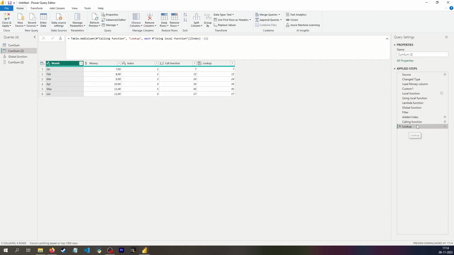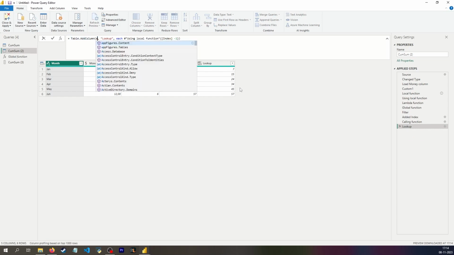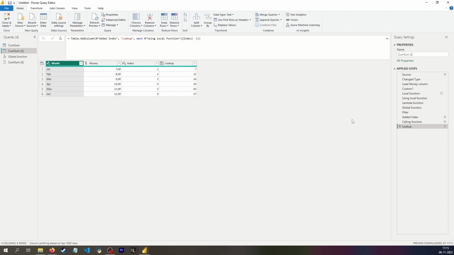But in any case, this is the preferred method, and I don't want to add this new column to the calling function. I want to add that to the added index table because there's no point in calculating the same column twice, meaning that was everything I wanted to do. So yep,